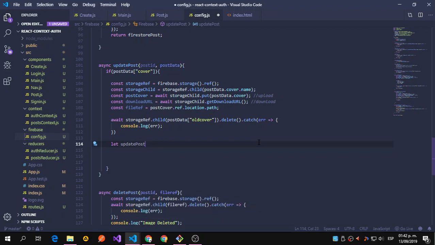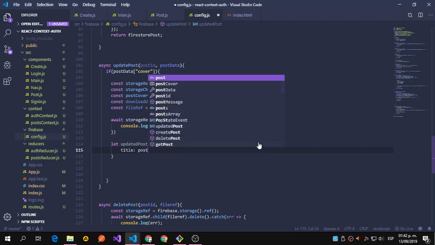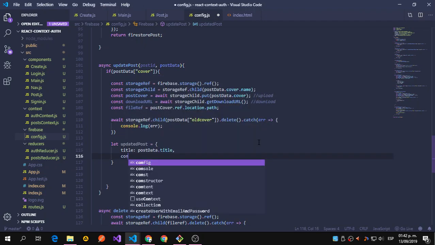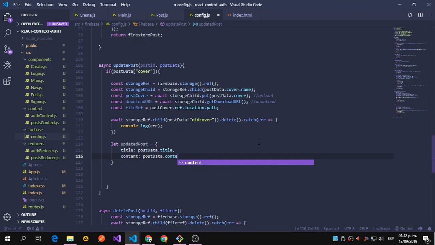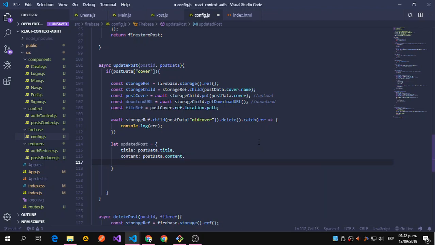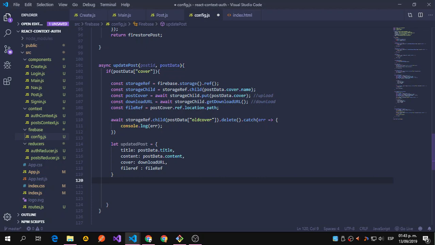Okay, now let's say let updated post equals what is going to come from the post data object: the title, post data.title, content, post data.content, and also the cover, that is our download URL, and the file ref, the new file ref, that is the file, if I can type, okay, file ref. So now